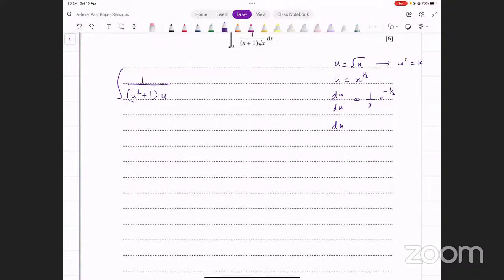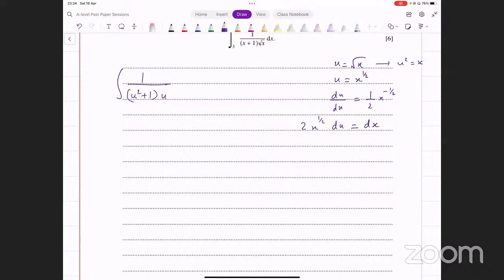or let's do it this way, ये 2 आके उधर मल्टीप्लाई हो जाएगा लेफ्ट साइड के ऊपर, so it becomes 2 du. x raised to power minus 1 over 2 है यहाँ पे, when it goes on the left side it's going to become x raised to power 1 over 2. You can write that here as well. 2x raised to power 1 over 2 मेरे पास लेफ्ट साइड पे आ गया,